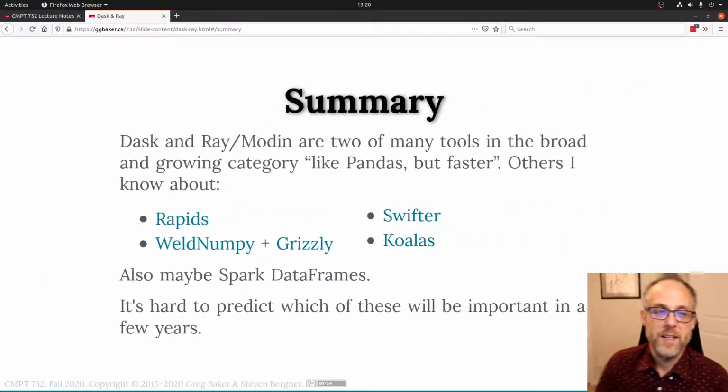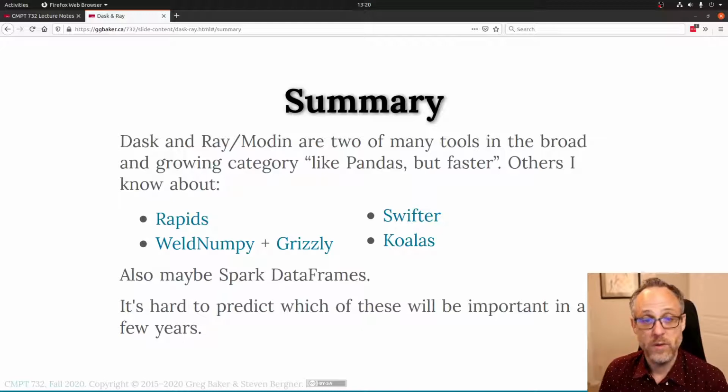So this is something where I can't keep track, to be honest. Dask looks really cool. Modin looks really cool. Both of them are effectively like pandas, but faster, right? We like pandas. We like the pandas API. We wish it wasn't in memory and single threaded and strictly evaluated. We like lazy evaluation. We like distributed,